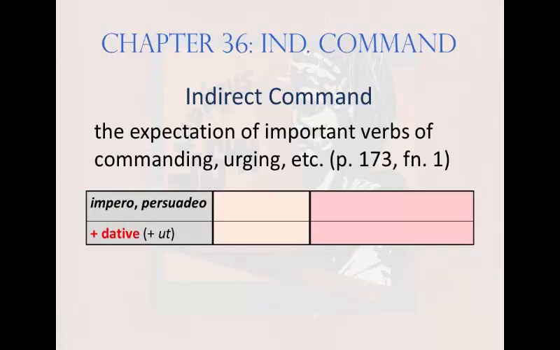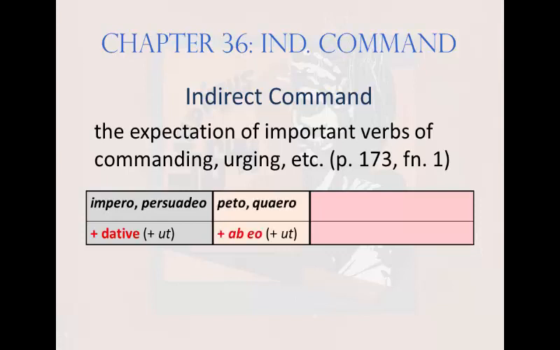persuadeo, for instance, take dative objects, as we studied in the previous chapter. So if you want to say in Latin, I order or persuade you to do something, in Latin the indirect command would read literally, that you do something. You have to remember that order and persuade are really give an order to, or make thoroughly sweet to. The you in the example above, the person you're ordering or persuading, will have to be dative in Latin.